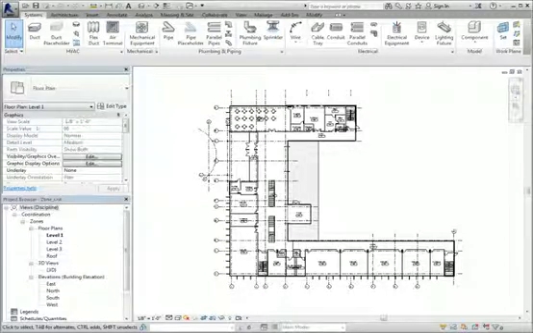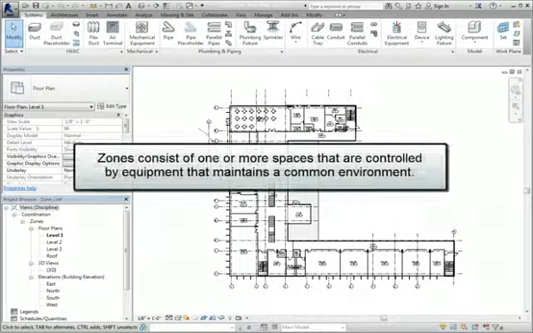HVAC zones define spaces that have common environmental or design requirements. Typically, the mechanical team will zone the building before running the heating and cooling loads. This is accomplished in Revit by creating HVAC zones. Zones consist of one or more spaces that are controlled by equipment that maintains a common environment, such as temperature